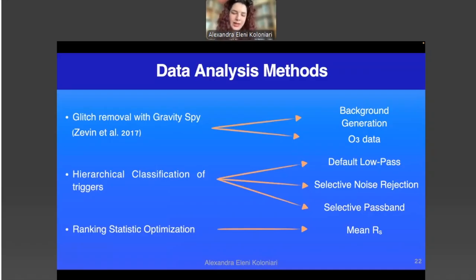And we also did a ranking statistic optimization, because we didn't use the one value of a ranking statistic, but a mean of ranking statistic by basically shifting the start time of the segment we were checking each time. And that way we could take a better representation of the ranking statistic for that specific trigger.